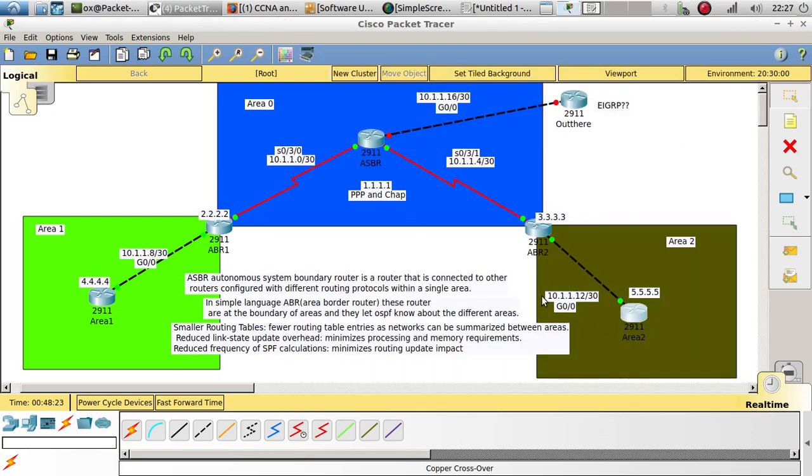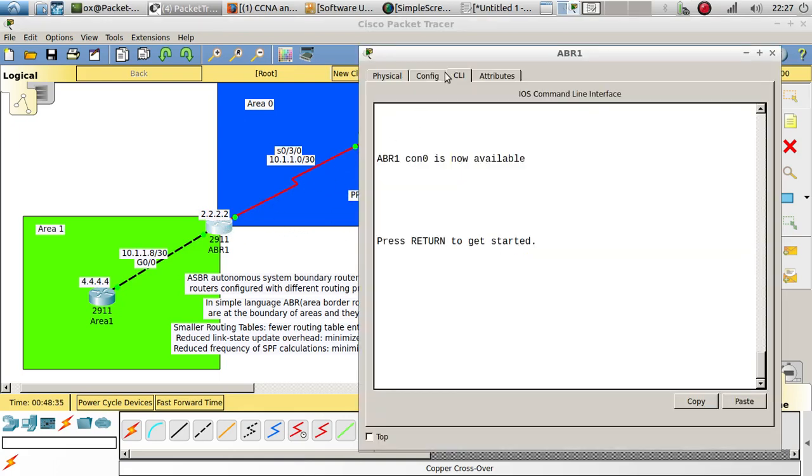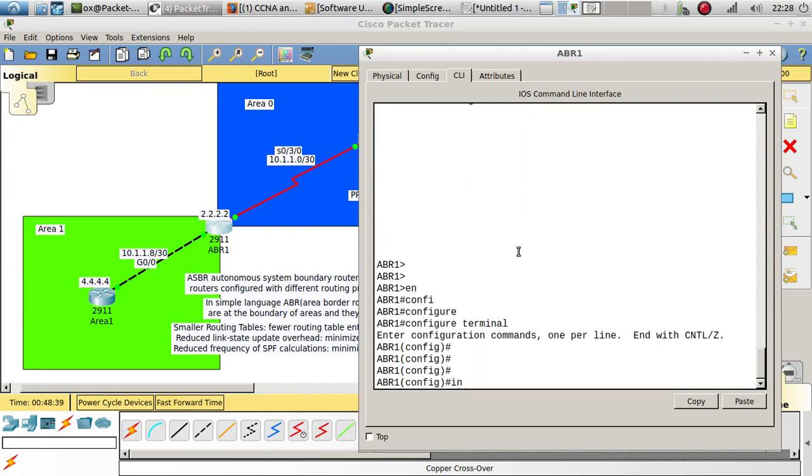So now what we can do is, everything has been configured. We can just do a point-to-point encapsulation between these serial links and also do authentication with CHAP. So let's go ahead and do it from here. Config terminal, interface serial 3.0